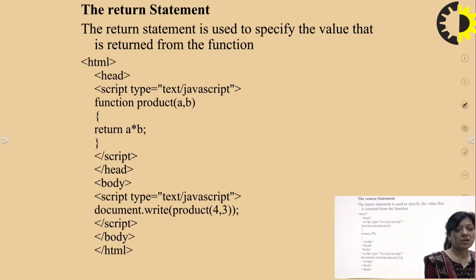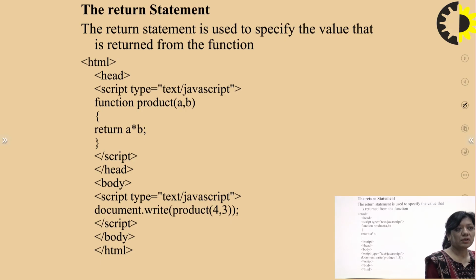I have created a user-defined function named product, because I want to find the product of two integer numbers. I write in the script tag document.write with the product of two integer numbers. Suppose I take 4 and 3. The value would be written in our function code as return a * b. After we execute this function, the output would be 12.